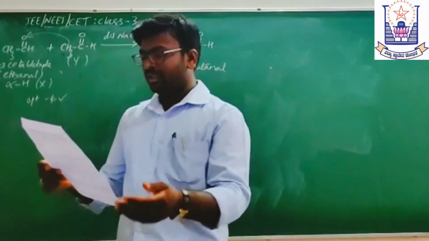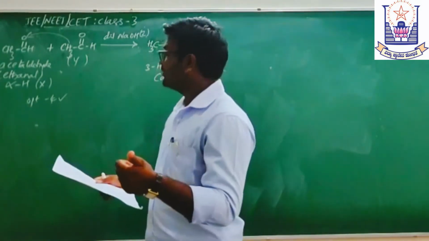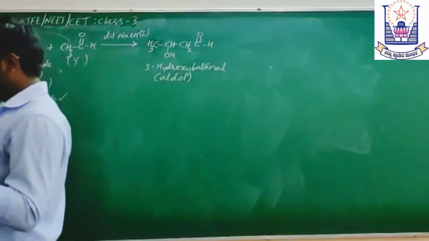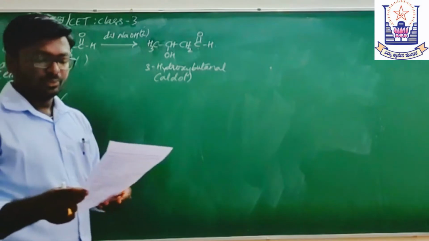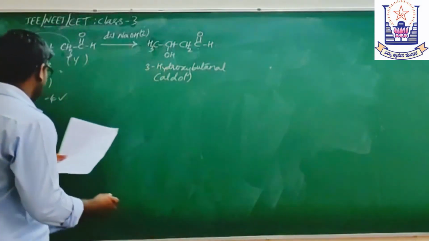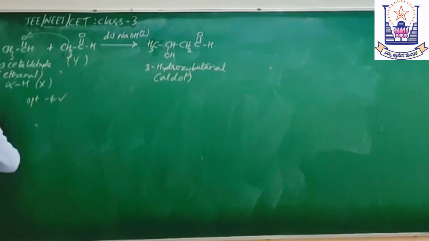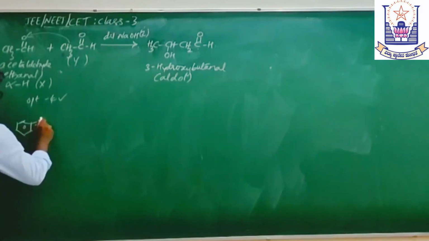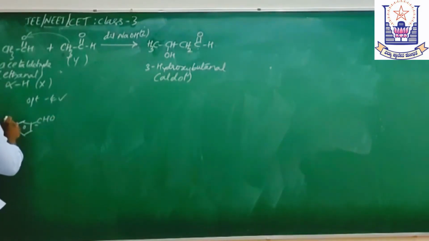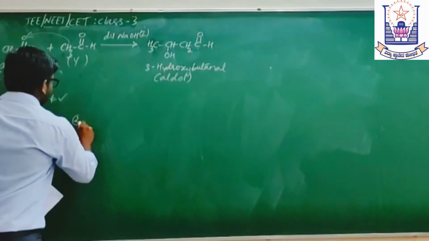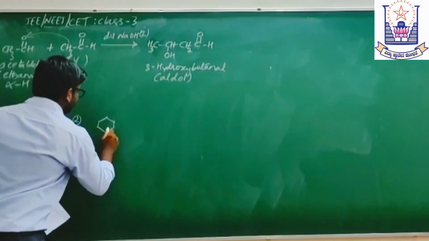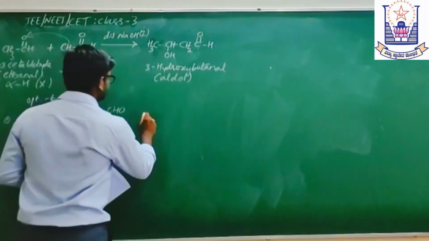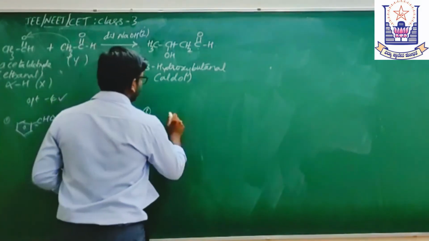Okay, look at the options. The first option is benzaldehyde. This is an aldehyde. The second one is para-nitrobenzaldehyde. The third one is phenyl acetaldehyde. Fourth is para-hydroxybenzaldehyde. Here I am going to show you the structures of these. Option 1 is benzaldehyde, 2 is para-nitrobenzaldehyde. The third one is